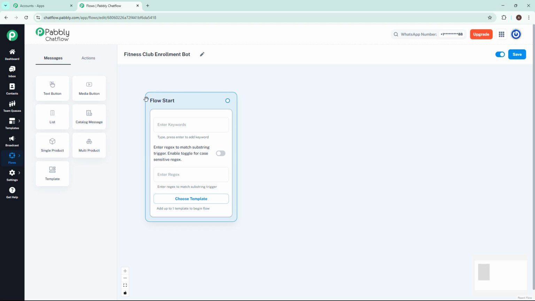Now in this flow start box, we have this option to enter keywords. This is used to enter some general keywords to activate the chatbot. For example, hi or hello, etc. Next, we have this regex option. It is used to add some more specific keywords, and to use this, we have to use a specific format, which is